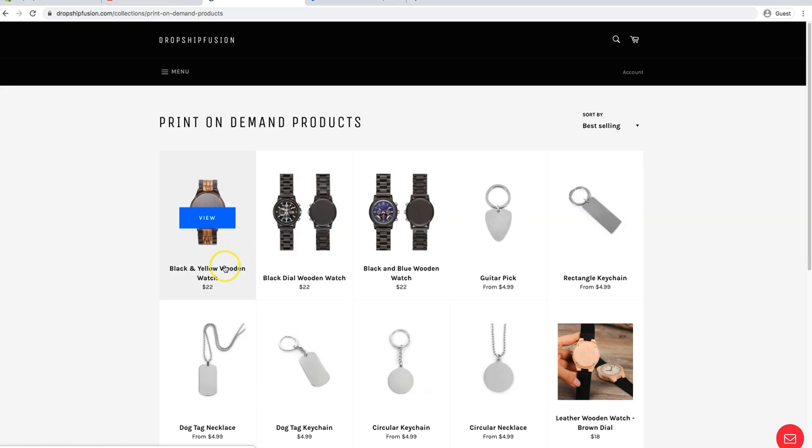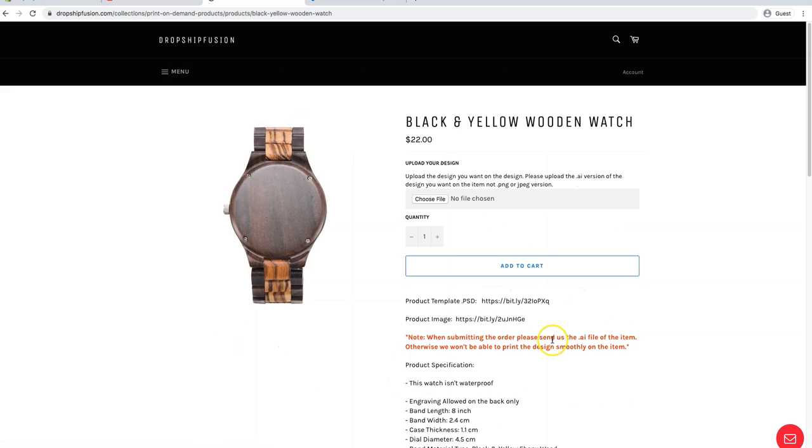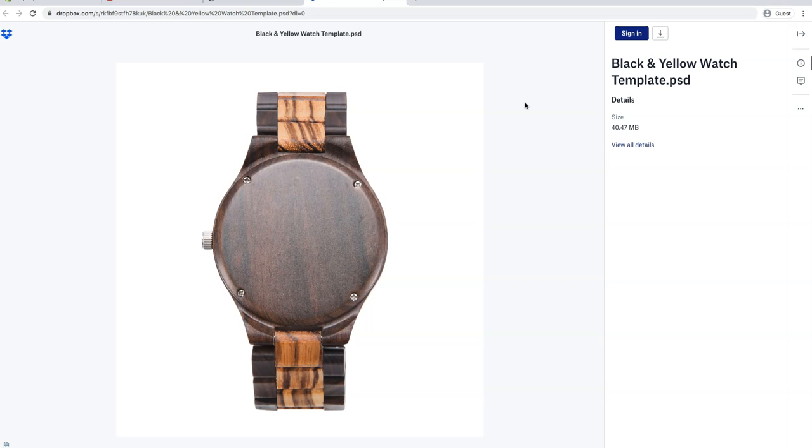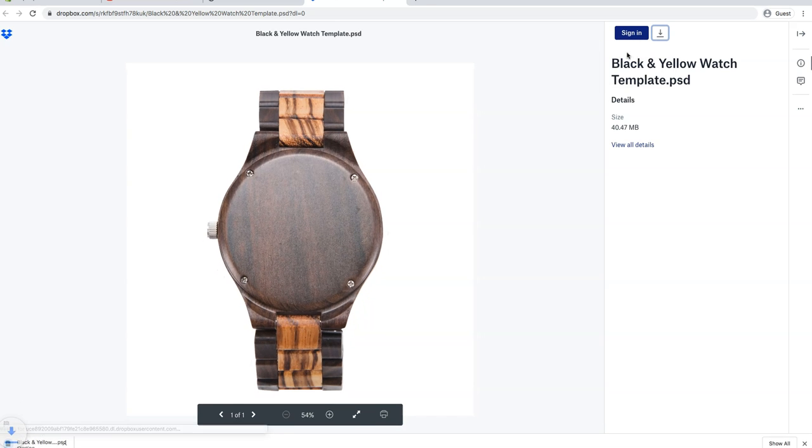So for example, I'm just going to take this item, and every single item comes with two things: a PSD file and the product image. I'm going to show you how to use each one of them. Now, our PSD file we tested from our side. If you have any issue with our PSD file, make sure to message us in our Facebook group. That way we can take a look at it, fix it, and re-upload this PSD file for you to make sure that everything is right, there is no issue on your side, and you are able to sell this item on your website with ease. All right, so you can download this PSD file by clicking on direct download,